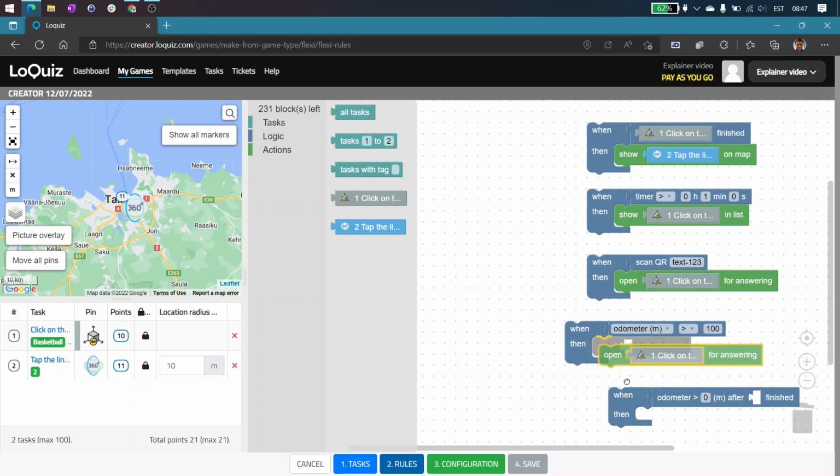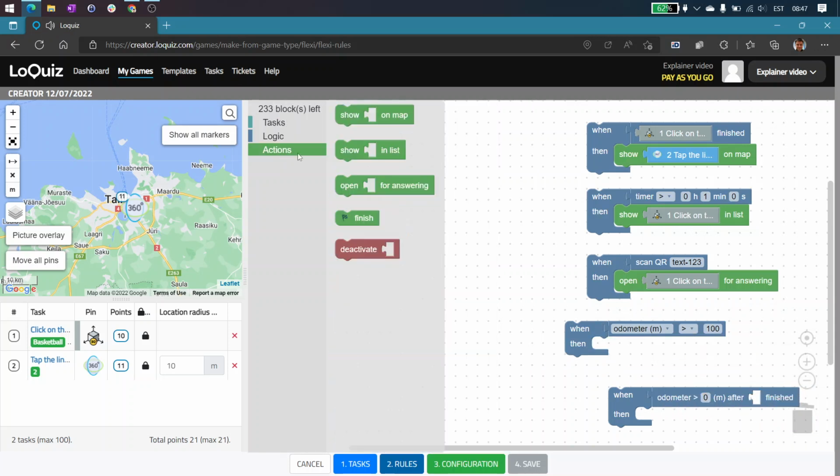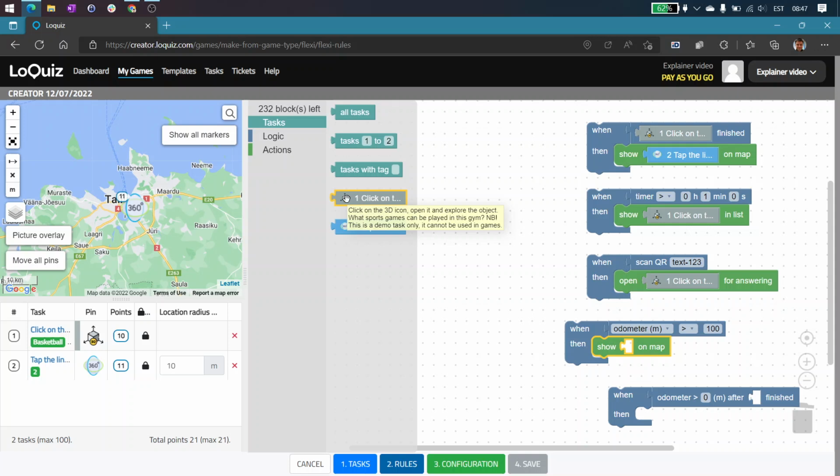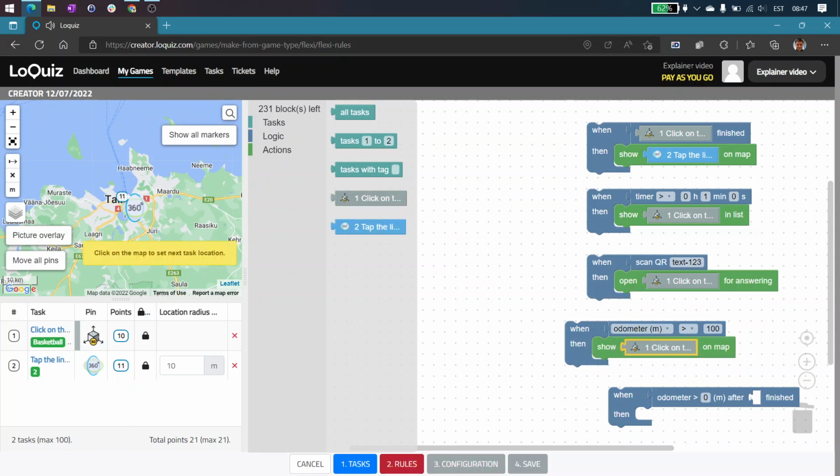But what you can also do is that you can get rid of this one, and let's say put the action there, show on a map, and let's show this first task on a map. And now again, because the first one does not have a location yet, we need to give it a location. We'll just give it a random location here. Now what happens is that when you have walked 100 meters or more, then you will see this first task